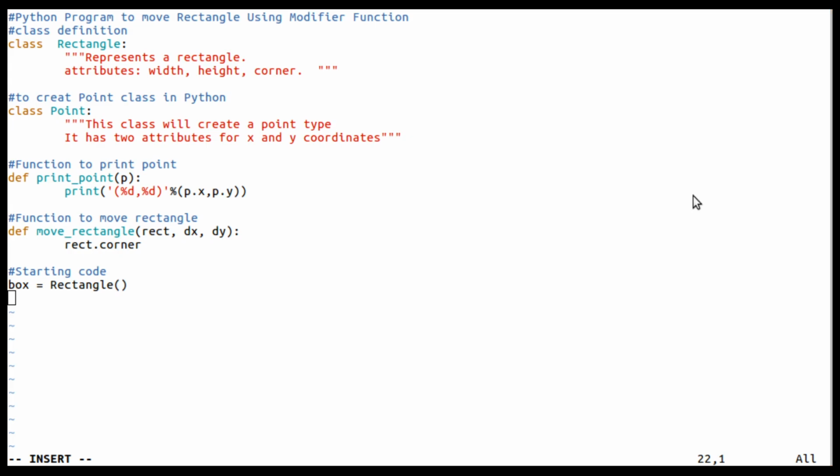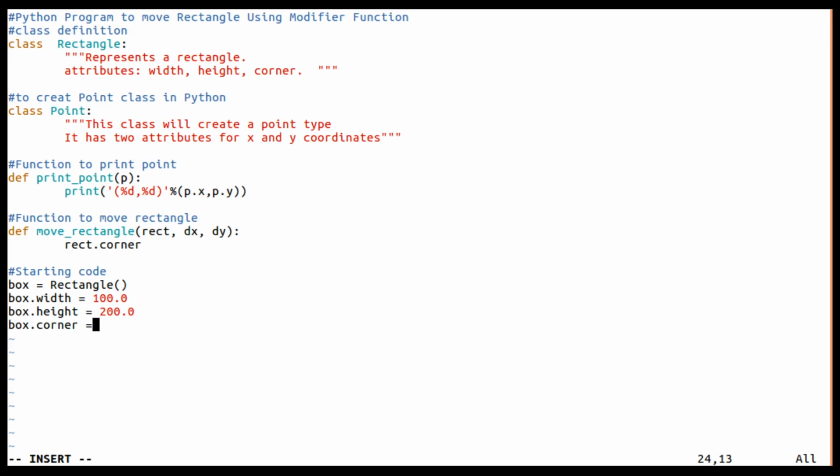Later box dot width is equal to, let me specify some width, 100.0 or just 100. Box dot height is equal to 200, and now box dot corner. This is the way we are defining a rectangle.